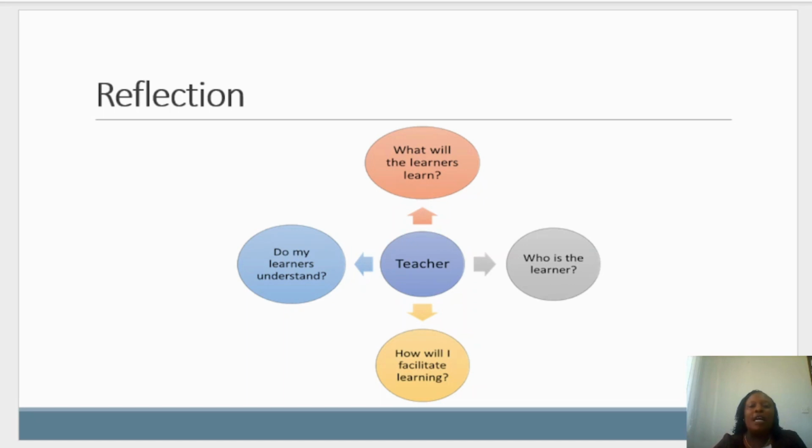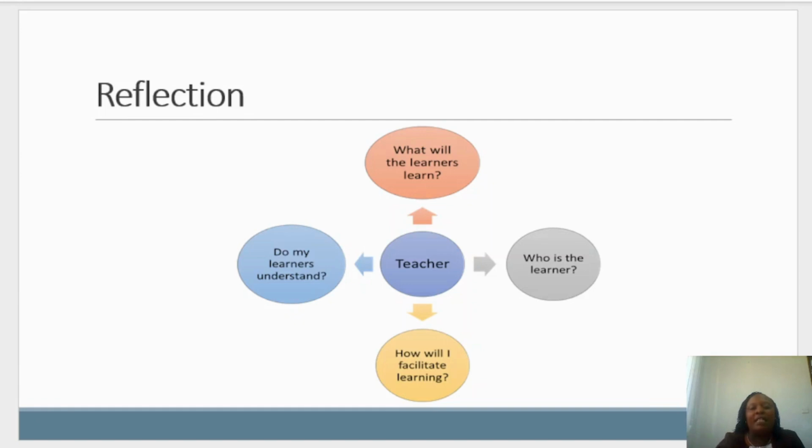So, as a teacher, you need to think about the following issues. First of all, what will the learners learn? But before you even think about that, who is the learner? You have got different learners in the class who have got mixed abilities, they have different talents. And remember, we said we are nurturing every learner's potential. So, who are the learners in your class? Who is the learner? Each individual learner. What are they going to learn?